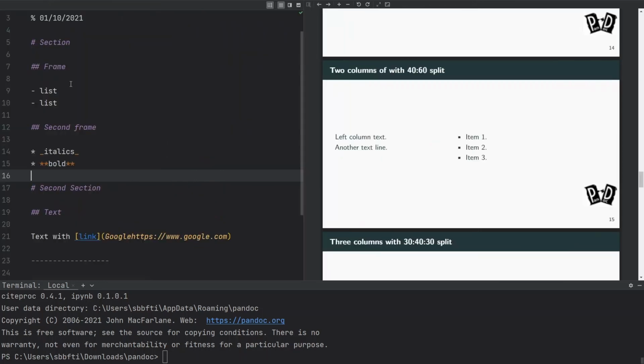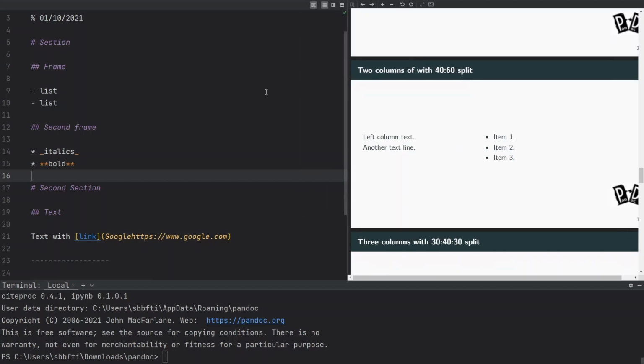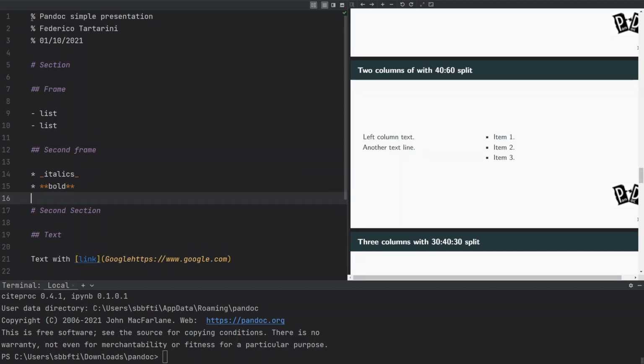Let me collapse the project navigation window. And here, let's start compiling this document. So here, as you can see, it is very simple. I have a percentage sign in order to write the title. Then I use a percentage sign to write my name and my surname. I'm adding also the date. This is going to be the title slide, which I want to show you. Then I'm going to have a section. How can we create a section? Well, it's super simple. We can just use a hash here. So one hash is going to create a section, and two hashes is going to create a frame, also called slide. So actually, let's put slide as well.